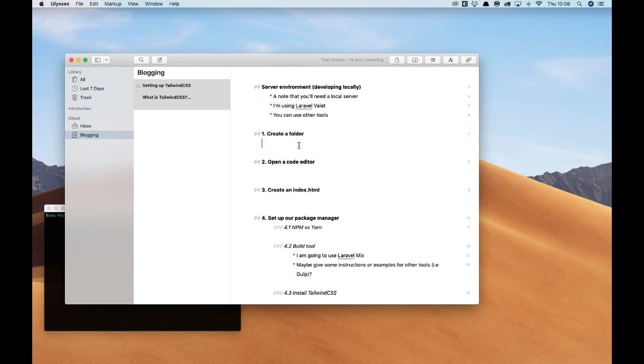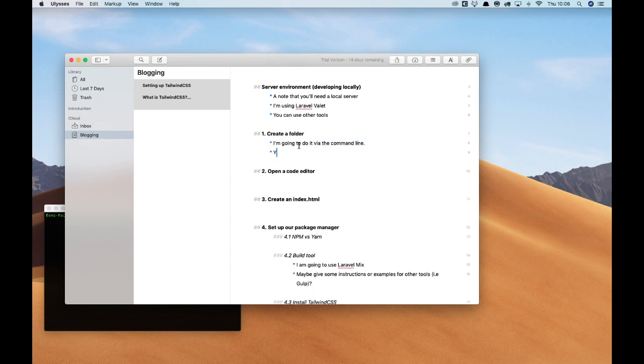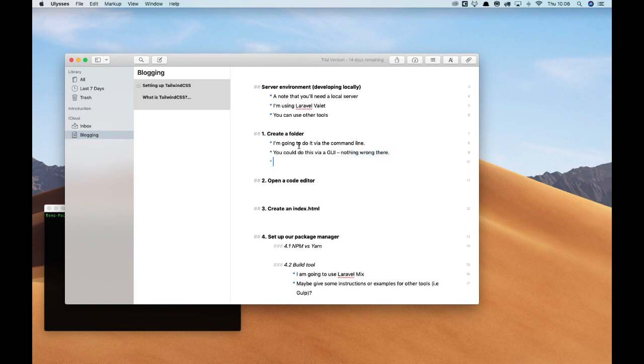So when we create a folder, I'm going to do it via the command line. You could do this via a GUI. Nothing wrong there. And then I'm going to cd